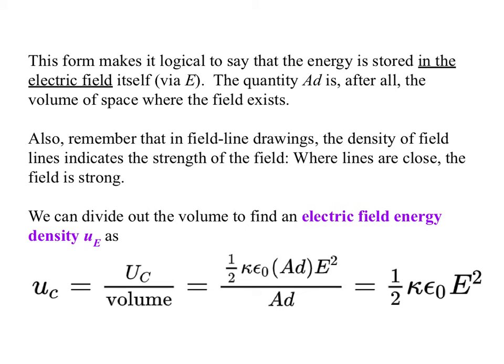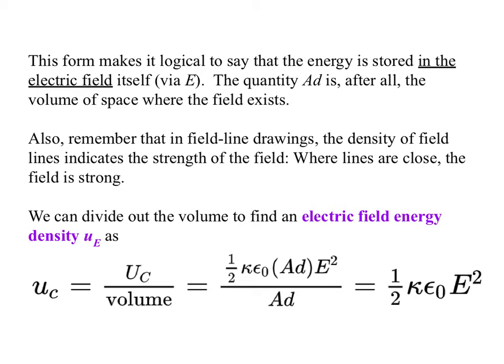This form makes it logical to say the energy is actually stored in the electric field itself via that E term. The quantity AD, after all, is the volume of space where the field exists and does not exist outside of it. Also remember that in field line drawings, the density of field lines indicates the strength of the field. Where lines are close, the field is strong. So where lines are close and things look densely painted, we also have a lot of energy. We can divide out the volume to get what's called the electric field energy density u_E. In this case, notice it's the lowercase u, and it's the capital U over the volume. So we'll cancel out the AD and get that the energy density in the capacitor is 1/2 kappa times epsilon